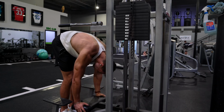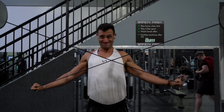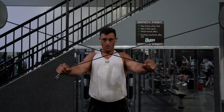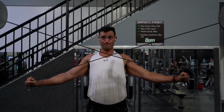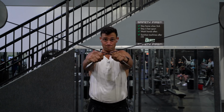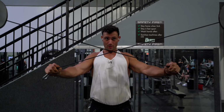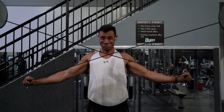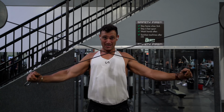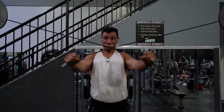and then moved on to the final superset, which is high to low cable crosses. One of my favorite all-time movements for rear delts and traps and upper back. Once you get this squeeze right, once you get the movement right, once you get the mind muscle connection right, it's an absolutely incredible exercise. I'm taking it slow, make sure I'm feeling the movement all the way through,